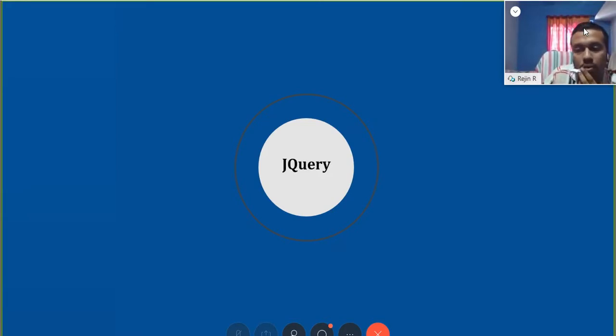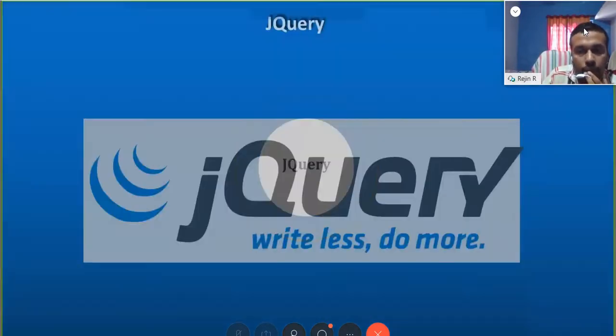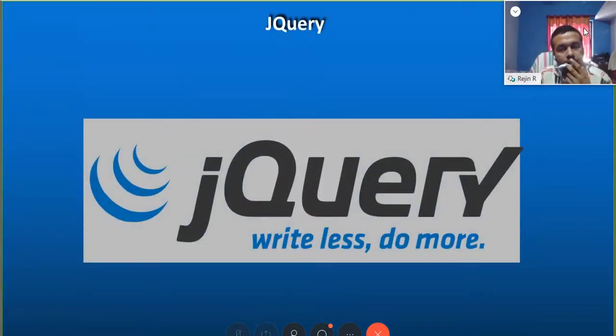Now we are moving to something different, something entirely beautiful, called jQuery. You can see jQuery's logo, and within that you can see the caption: "Write less, do more." It specifies what jQuery does. Their motto is "Write less, do more." jQuery is a JavaScript library which can be used to do the things that JavaScript does, but with ease. That means we can write simple code, but do more things. Write less, do more.